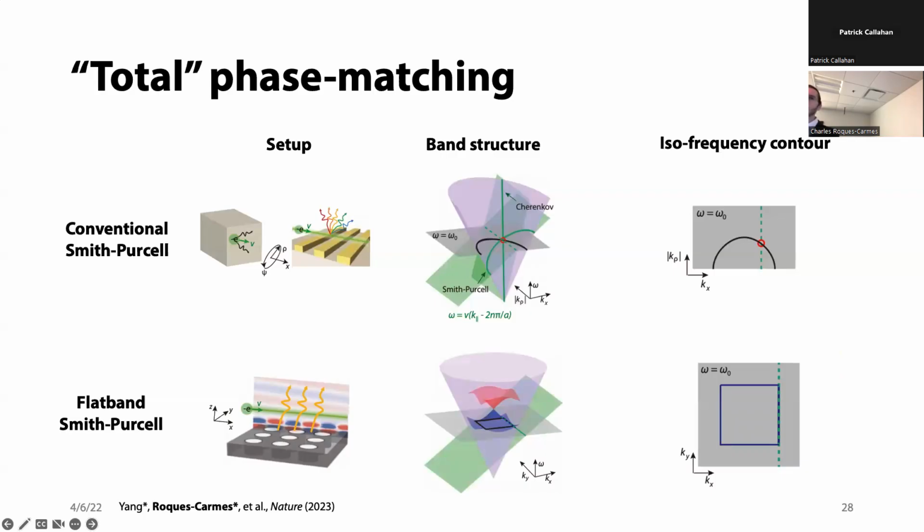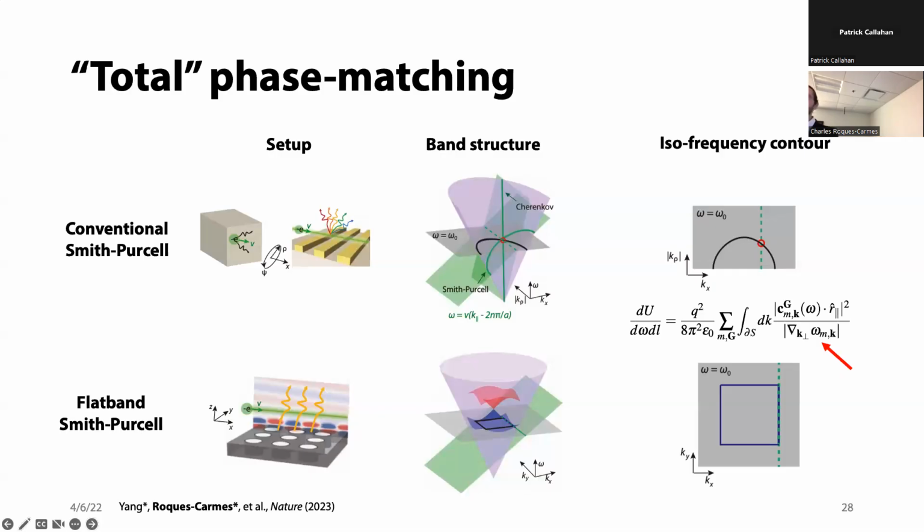And at some point in frequency, this band structure actually becomes flat along this direction, along the plane direction. So it means that for some kinetic energy of the electron and some frequency, we can get the intersection of that band and the electron plane to be a continuum of modes. So this already leads to some intuition as to why this should be more efficient as a Smith-Purcell radiator, but